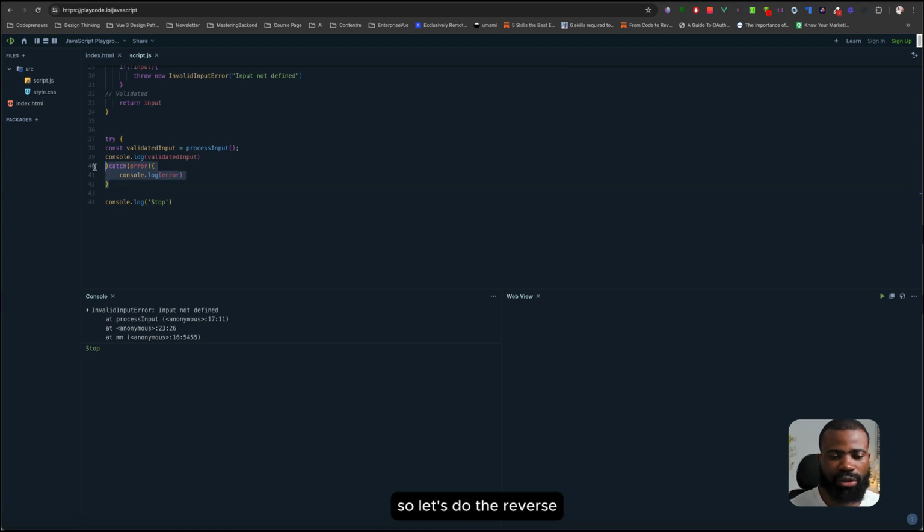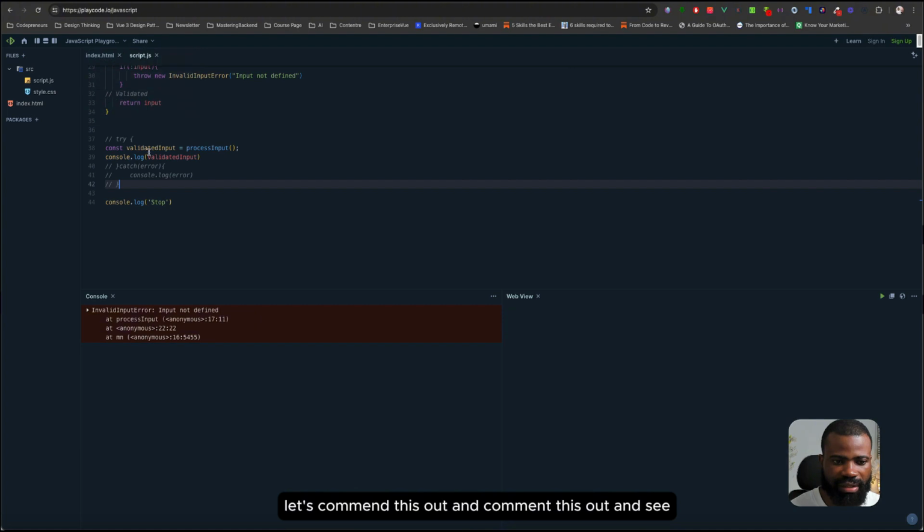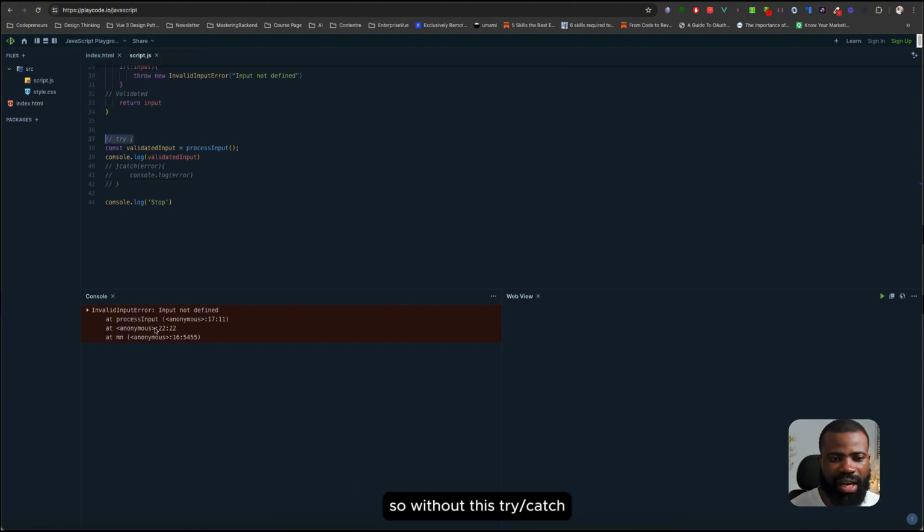Okay, so let's do the reverse. Let's comment this out and comment this out and see. So without this try catch, you notice that our program stops right here where the error starts. Okay, so this is how you can create user-defined or user-specified errors, and also this is how you can handle